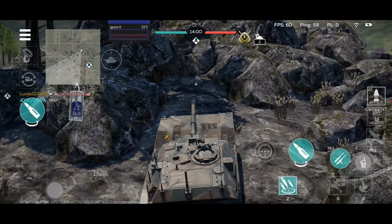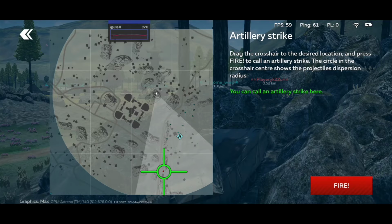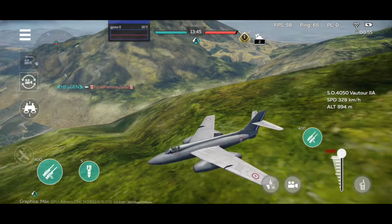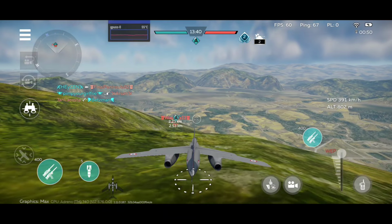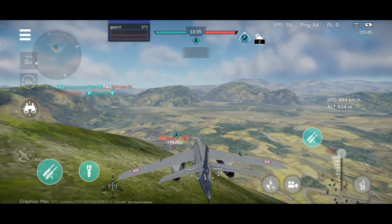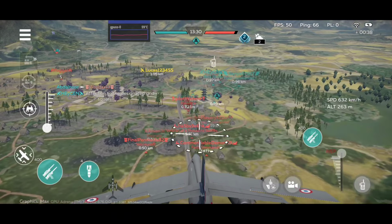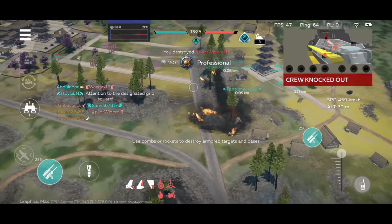Not the best shell, obviously, and the AMX will definitely have a more powerful main gun, better ammo, but you do get a bit more maneuverability and armor with this vehicle. It is quite a survivable vehicle, and I think it does have blowout panels, but correct me if I'm wrong, I could be wrong, I forgot. I know one of the recent premium tier 9 Leopards does have a blowout panel. Not sure about this vehicle, I would say based...